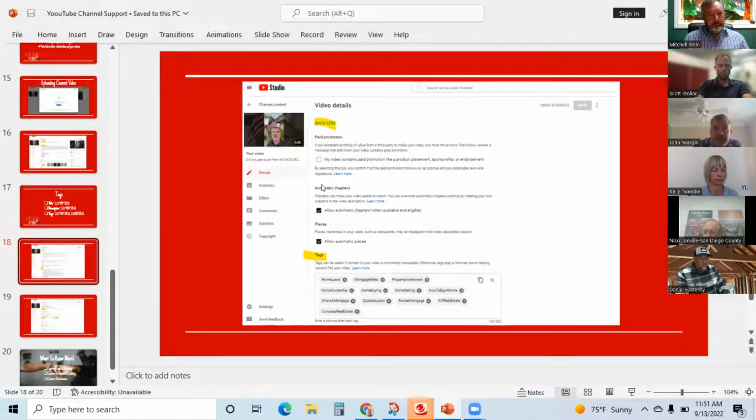Again, just being thorough. You can see here where I've created these tags, and because I put a comma after each one, it individually turned them into search terminology. So things in my thing are always like mortgage rates, property investment, all these different types of terminology. It can be fairly robust in here, right?